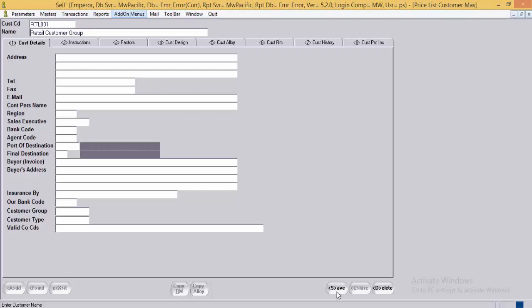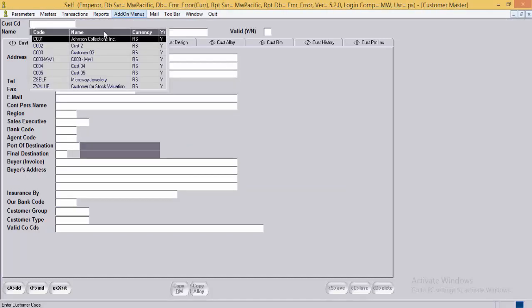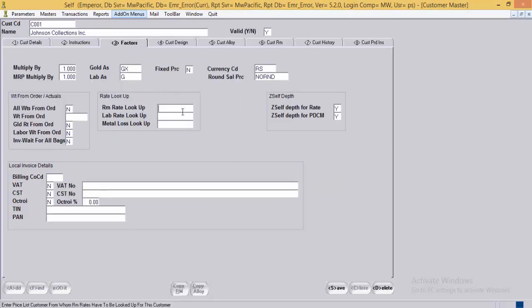For example, here in the customer master entry, let's take an example of C001. Here we can map in the RM rate lookup field the price list customer to this C001.